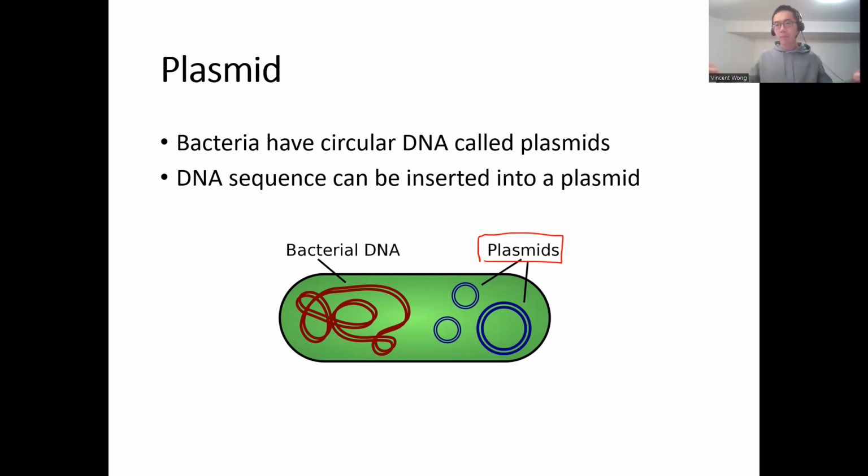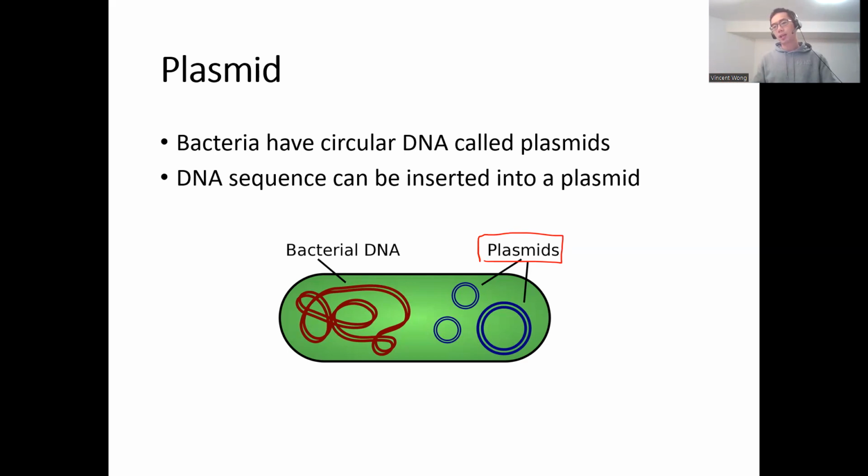Sometimes they like to pick it up from the environment, and usually the plasmid would give the bacteria some kind of survival advantage. It maybe allows them to make an extra shield, a capsule we call it, to protect them from drying up. Maybe it allows them to create little hairs that allow them to stick together to form a biofilm. There are different features that can be